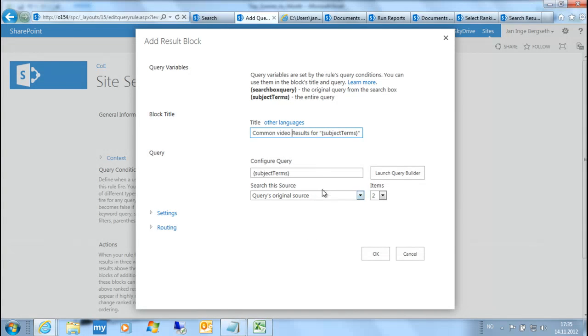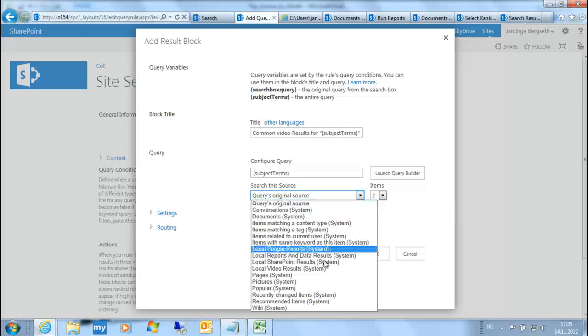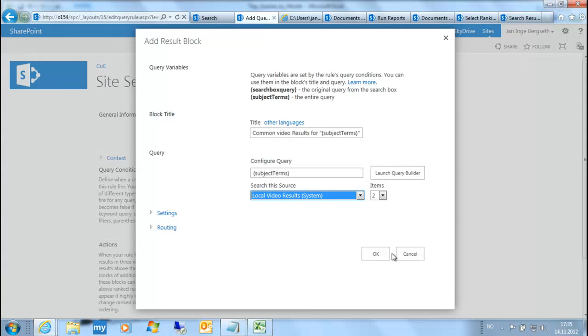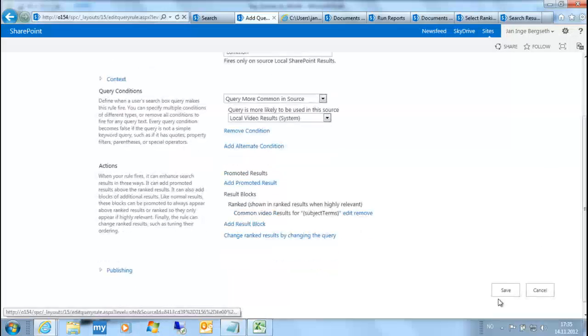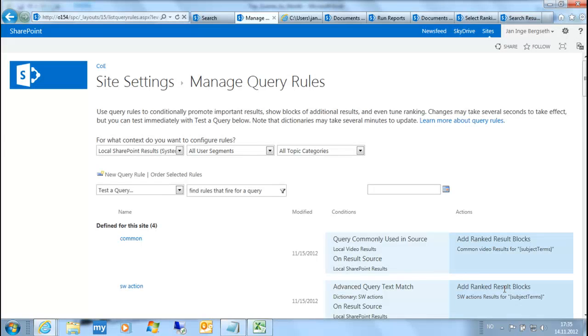I'm not doing anything with the actual query, only selecting the local video result again. Click OK. And save. So this is just a small example, and by accident, there's already a rule like this delivered by the tool. But anyway, just to illustrate the example, and then if I do the search,